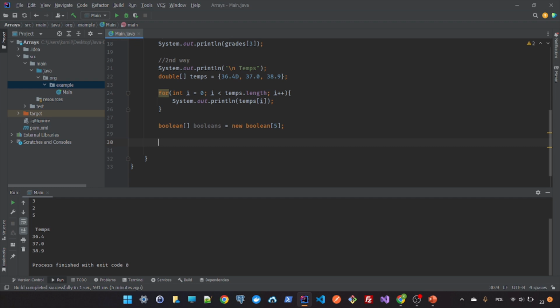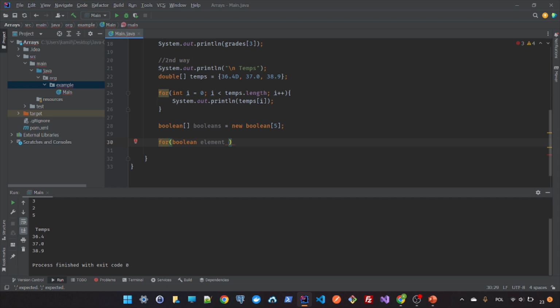We start enhanced for as a general for loop with the for keyword, and now we need to provide a temporal variable, but the type has to be the same as an element inside our array. So for us it's a boolean, right? So let's prepare that temporal variable, boolean element. Okay, and each element from the boolean table will be assigned to element, and then all actions will operate